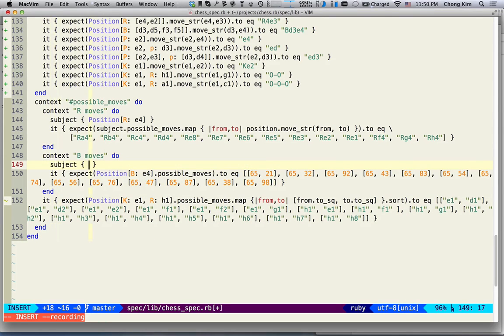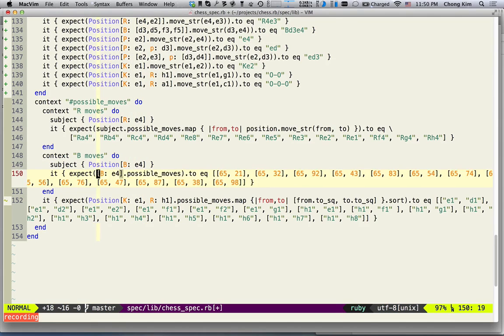The subject is a position with a bishop on e4, not a rook. And let's see what this looks like. So I'm going to change this position to subject, and we're going to map this